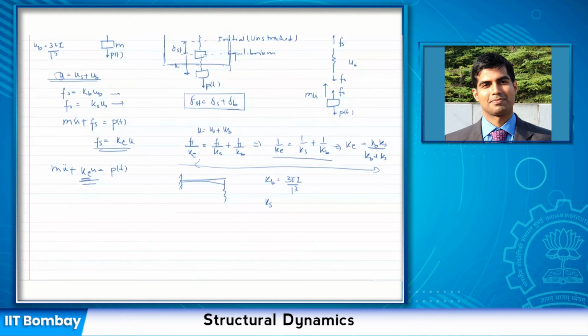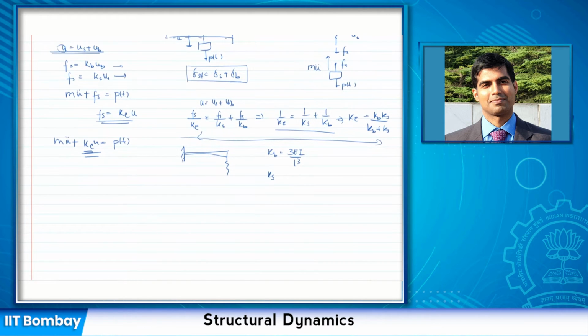Now this brings me to the next topic, which is: if there are multiple connections of different components, how do we simplify that so that again I can write the equation of motion that I had initially derived for a single degree of freedom system? If there are different kinds of springs, or different kinds of arrangements, then that can be represented as springs. So how do I write that?